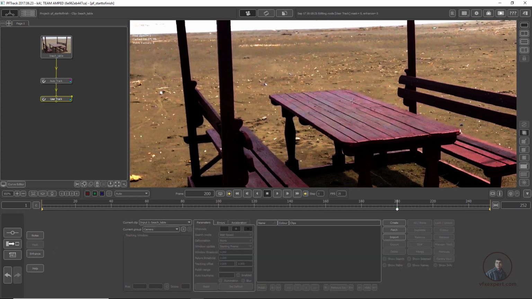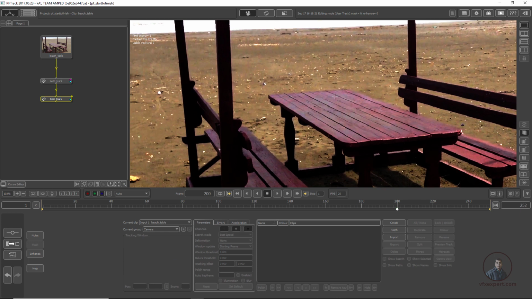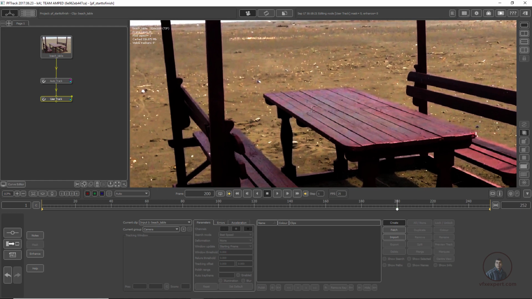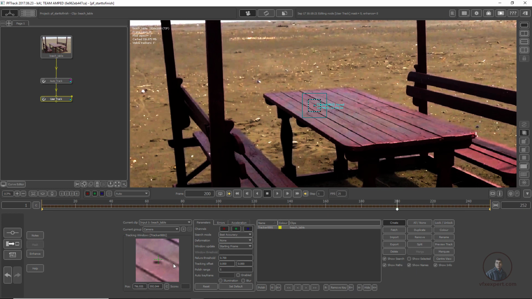Now I'm going to track some points like this, or whatever points you need. You can simply track with the help of user tracker. So click on create. Now simply create a point here. So then simply click here. I have clicked here, and downside you can also see a preview. This is our main point. From here you can also adjust like this, or from here you can adjust whatever you feel is sufficient.